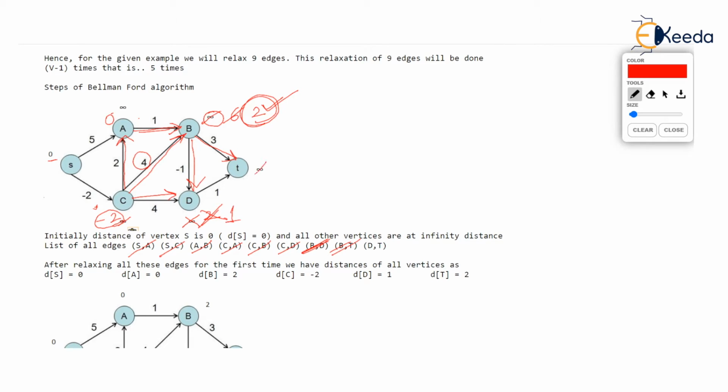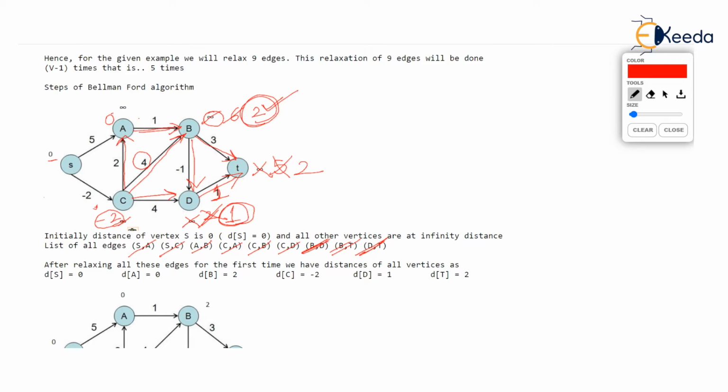And T is at infinity. So phi is lesser and we will update it. And finally, we will take dt, the last edge. The dt edge will be worked out as 1, distance of d, plus cost, which is 1. That's 2. And t is currently at 5 and we have got lesser distance. So 2 is the distance.